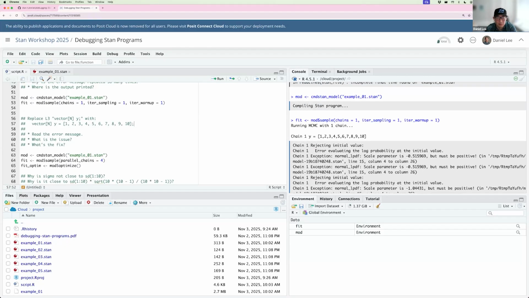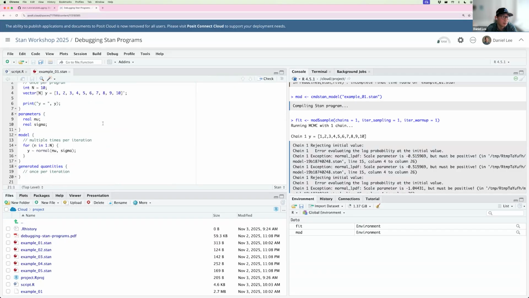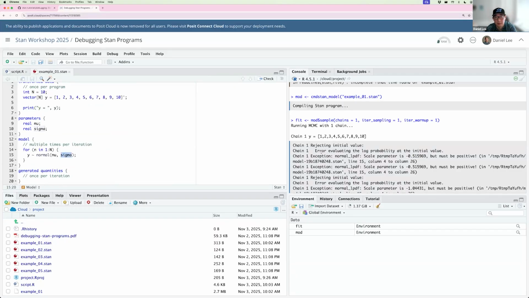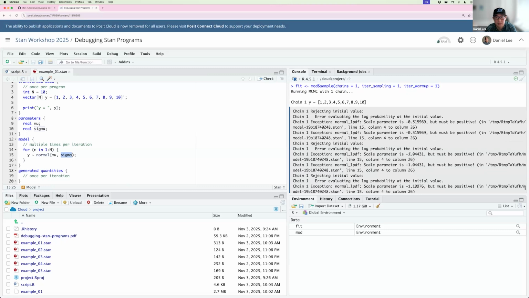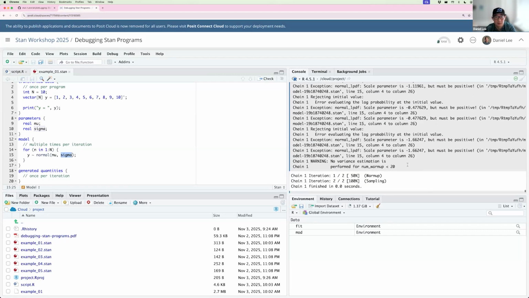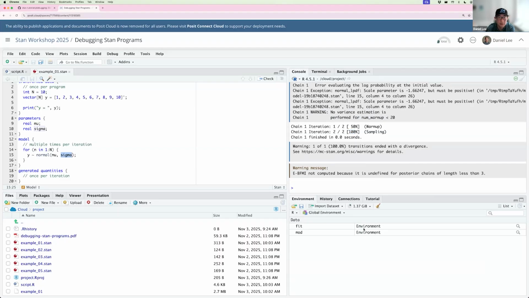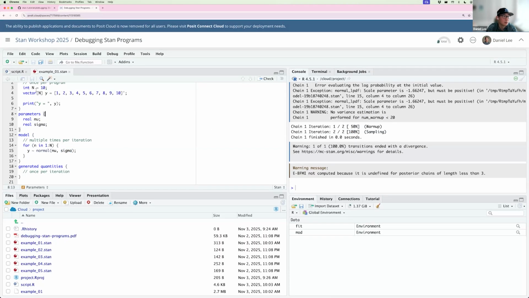All right, so what is it doing? What's it rejecting? Scale parameter is minus, it's a negative number. The scale parameter is sigma here. So sigma must be positive, and it's going to reject that. It's going to reject this one because it randomly drew a negative number, and so on. But at some point it does complete, and then it does that. Any questions so far? If not, we can go and